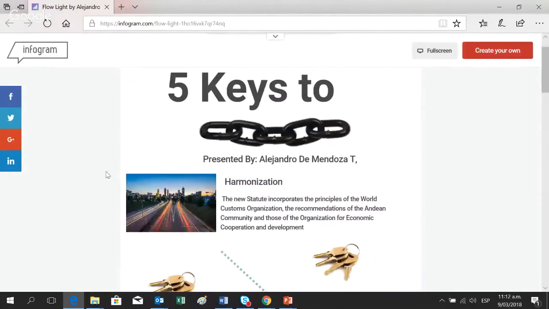The new statute incorporates the principles of the World Customs Organization, the recommendations of the Andean Community, and those of the Organization for Economic Cooperation and Development. What does it mean?